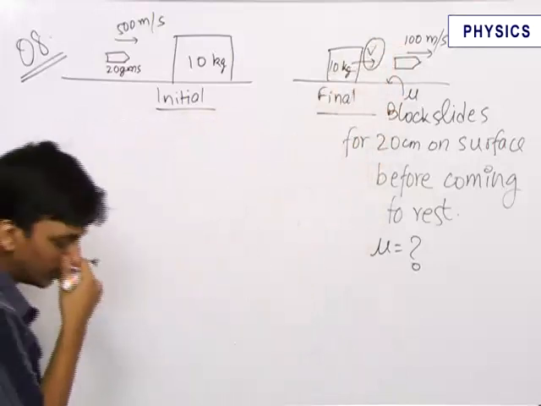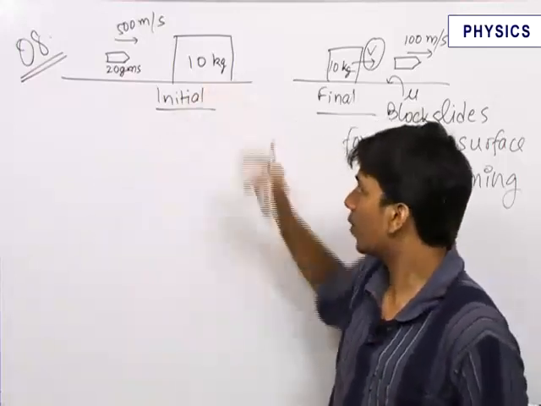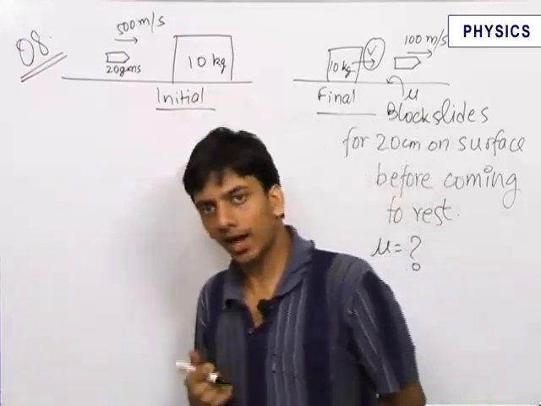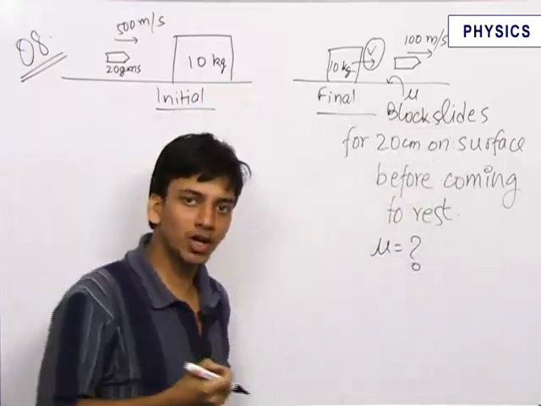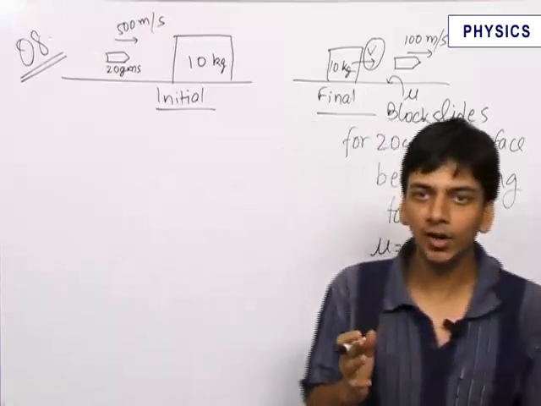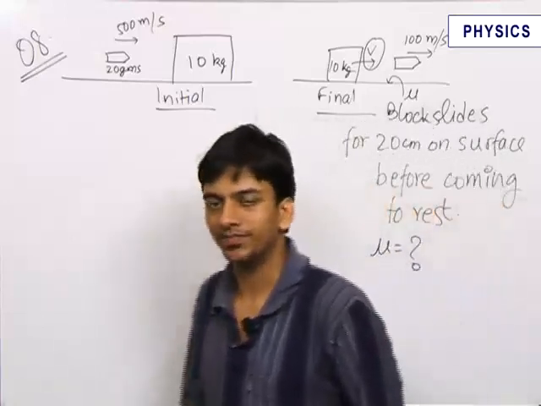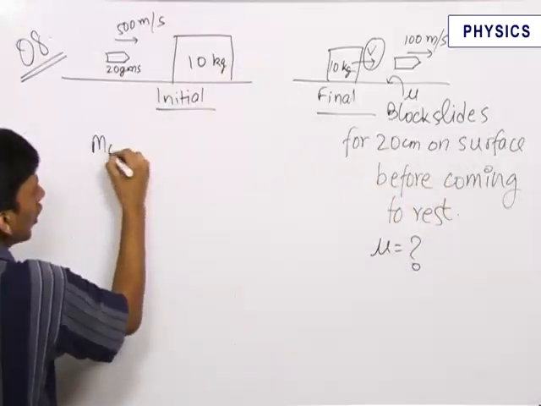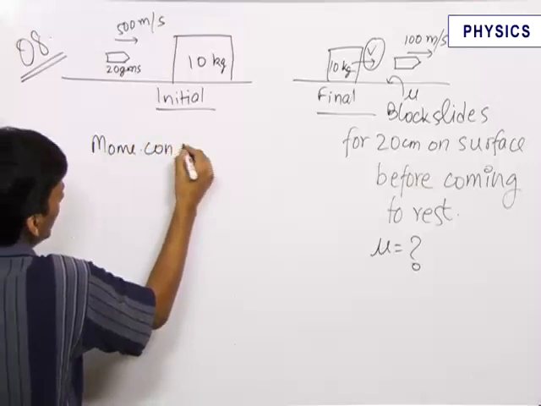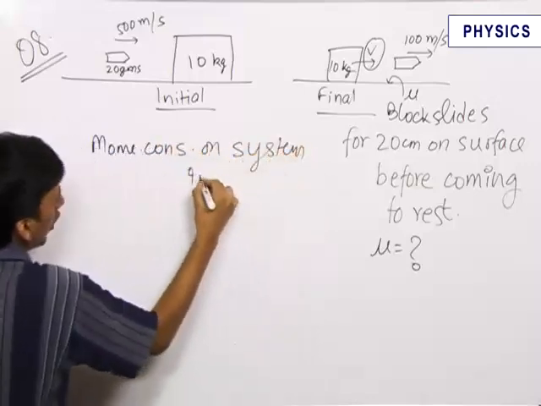So during the collision, since there are no external forces, we can apply momentum conservation. Actually, there are external forces of gravitation, but since it is a conservative force which is very small in magnitude, we can neglect the effect of gravity for a small time interval of the collision and apply momentum conservation. So when we apply momentum conservation on the system in horizontal direction,